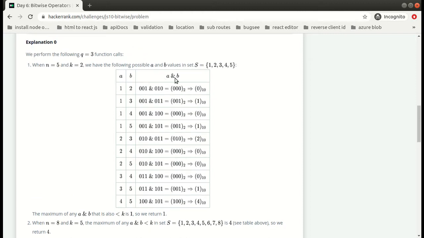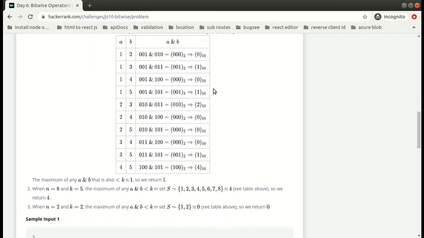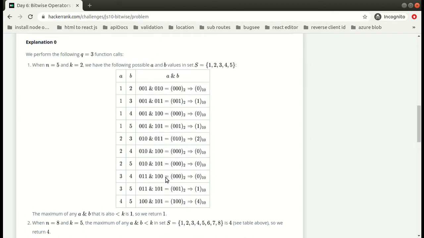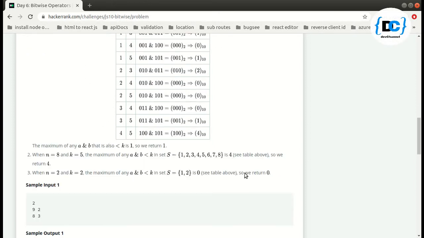Now we have to find the maximum number, but that maximum should be less than k, and the range is 1 to 5. So we return 1. If you see this, we get 2 AND 4, but that is greater than or equal to 2, and we have to find the maximum that is less than 2. So that will be 1.